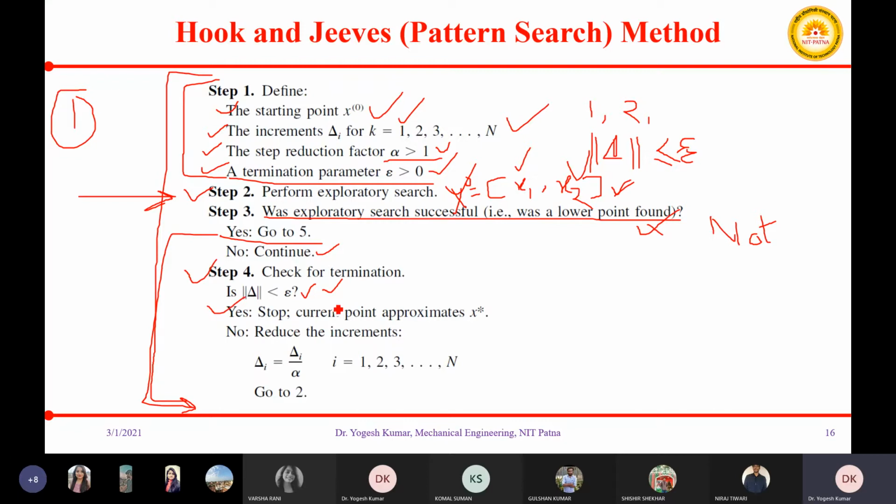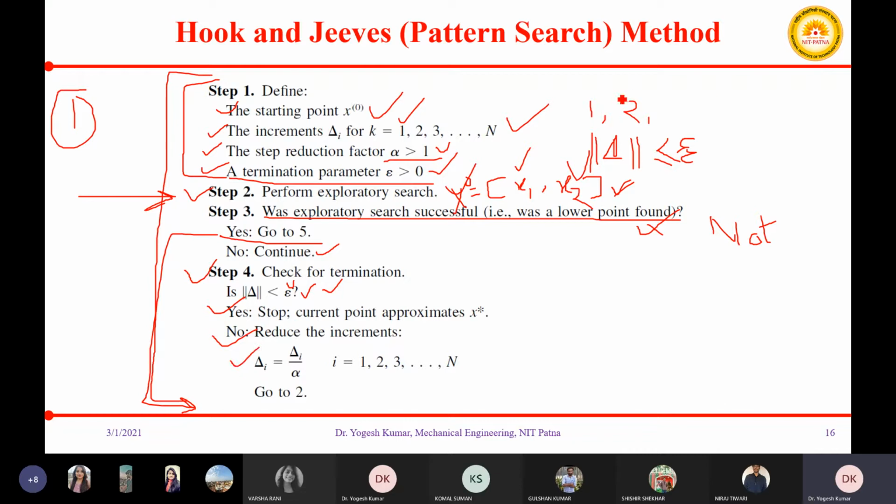If it is less than, then you will say the minima is already found. You need not search further to get an approximate value of your optimum solution. But if it is not less than the desired value of the termination parameter, what you will do? You will reduce the increment size, or you will reduce your step size.